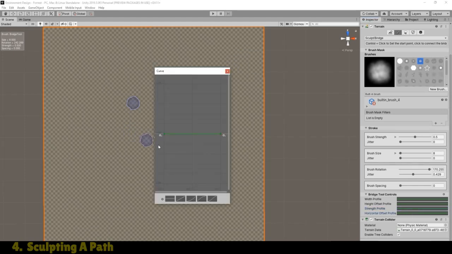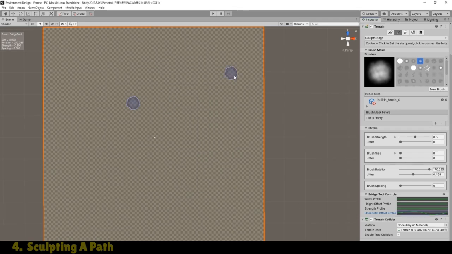And my horizontal profile, I just want to try and get a little bit of curvature going on. So to begin with, it's on 1. I'm going to right click and add a key. Just going to drag this up a little bit, right click and add another key. So for this first key, I'm going to edit this one and put it onto about 3 meters. And for my second one, I'm going to right click, edit key, make this one about -2. Okay, so what I end up with is basically a bit of a curve like this, and we'll see